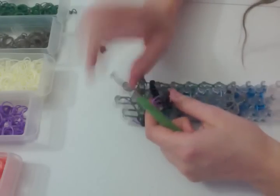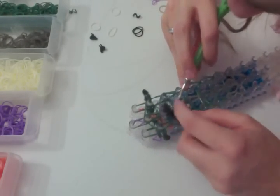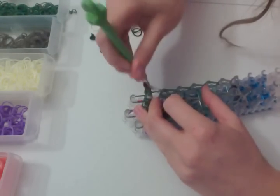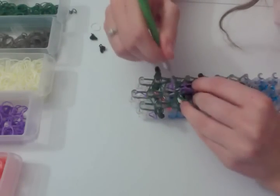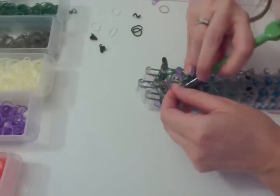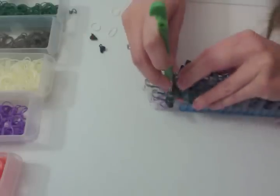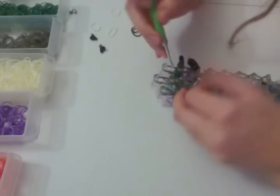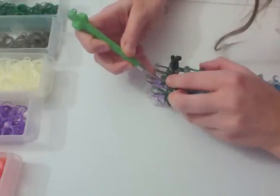Let's do that on the other side. So the loops under the eye. So there's the last set, then the set before that. Loops under the eye, wrapped around, loop up. Okay, and then we're going to attach the 3 loose ends to these 3 pegs here. Okay, dig down, loop up, next set, loop around,